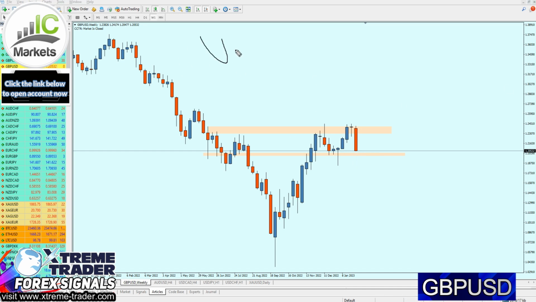Based on the weekly chart, my friends, we had right here a very strong key resistance level. Since May 2022, the market has been trying to break out from that level of resistance. Then again, July 2022, the market made another attempt, and lately, November 2022, and recently, for the last 3 weeks, the market has made another attempt to break out from that level. Now, it seems like the pound USD is indeed struggling to break out from that level.